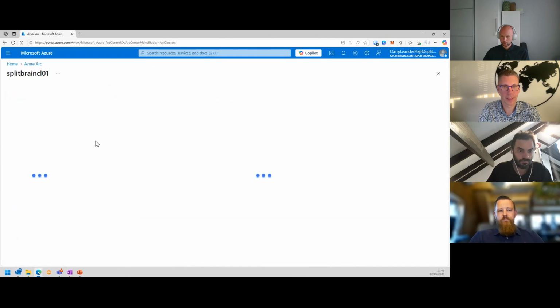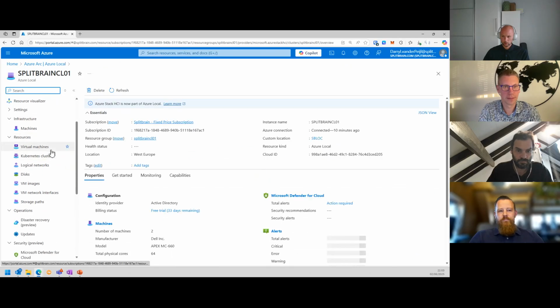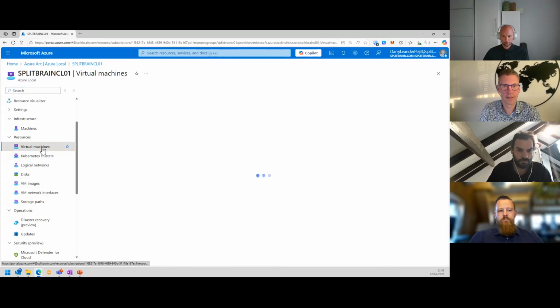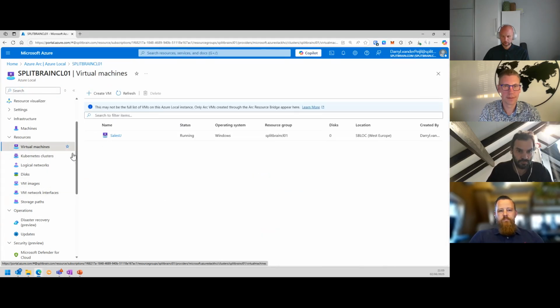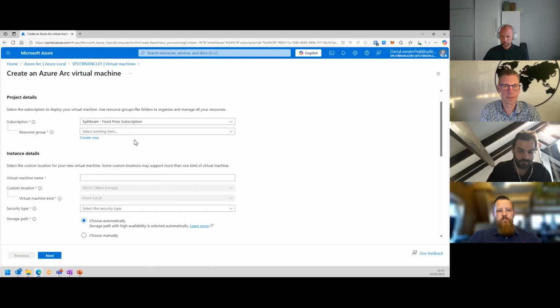Then going back to Azure Local. Here you can see the resources drop down. So you can have all types of resources in here. It's focused on IaaS and PaaS in this view. So we got some virtual machines. We got a machine running. Let's just do a quick deployment, just because we can.